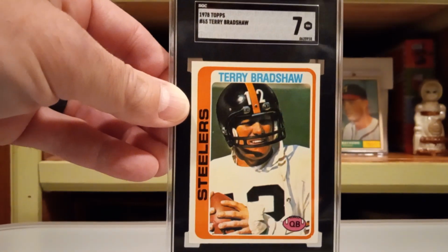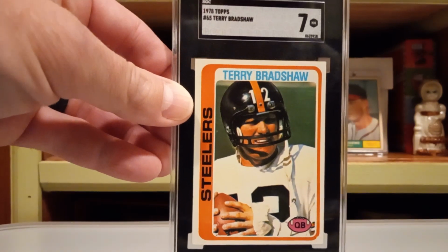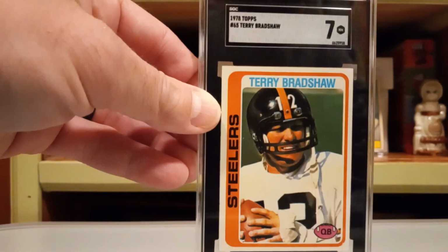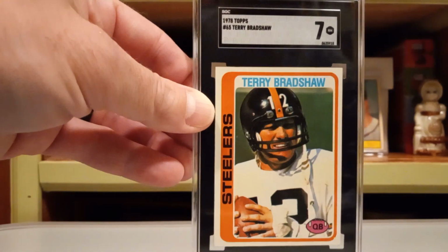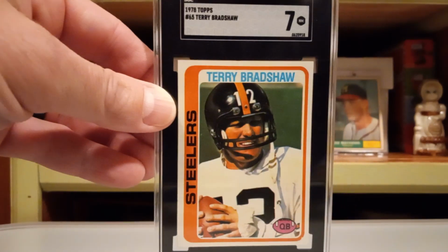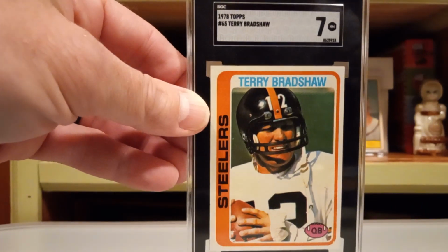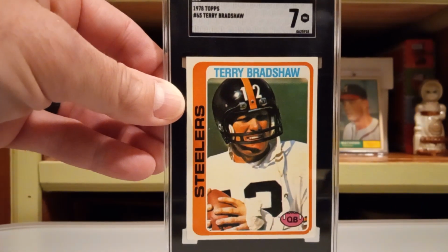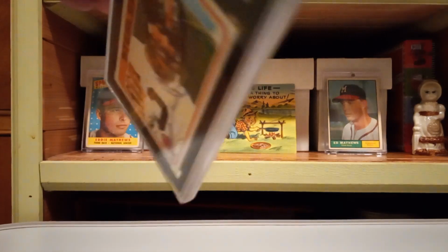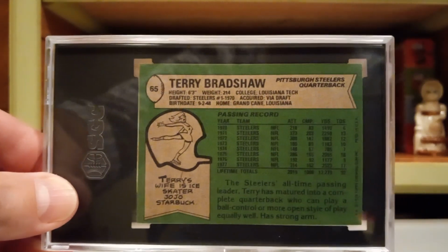It's pretty well centered. I like the image on it of Bradshaw. A nice close-up shot there. Kind of a unique old school helmet he's got on. And like I said, I didn't think I really had any cards from 78 football, but right before I was getting ready to do this video, I was trying to gather together anything I could find from 1978, and I had an idea that I had one other football card in my collection from 78 besides this Bradshaw. There's the back of it,